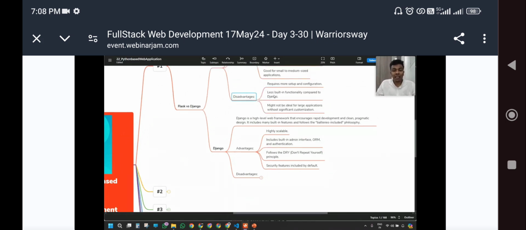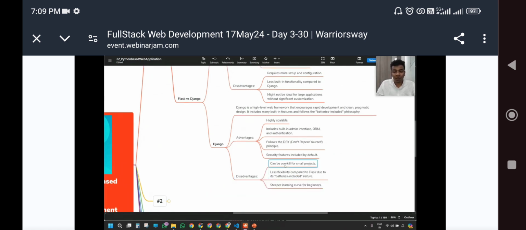And while talking about the disadvantages, Django requires more setup and configuration, and can be overkill for small projects. Yes, because Django is not really suitable for small applications, but it is suitable for bigger ones. For Flask, the disadvantage is less built-in functionality, because Django has a lot of built-in functions, whereas Flask has very few, and it might not be ideal for large applications without significant customization.